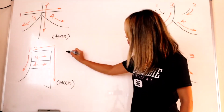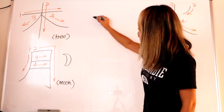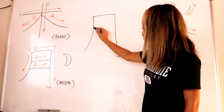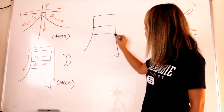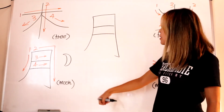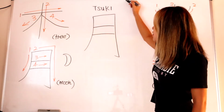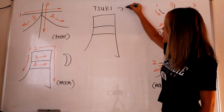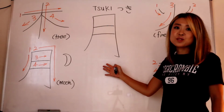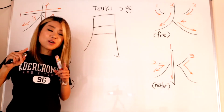So it looks like the moon, like this. It's like the moon. So 1, 2, 3, and 4. Okay, this is the moon. Pronunciation is tsuki. If you know hiragana, it becomes like this. Tsuki, or kanji, tsuki. If you don't know the differences between hiragana and kanji, try to watch the video